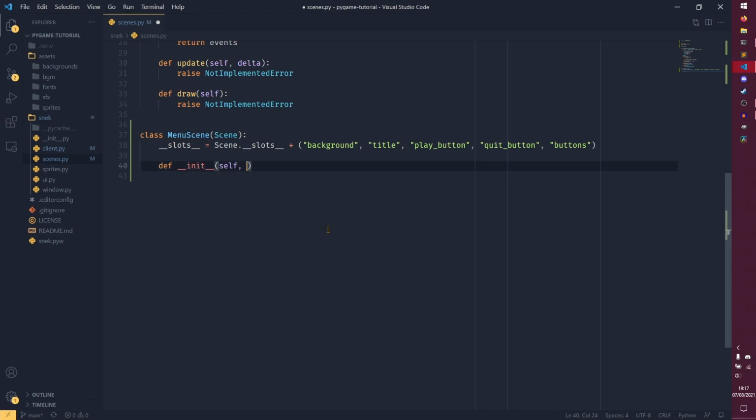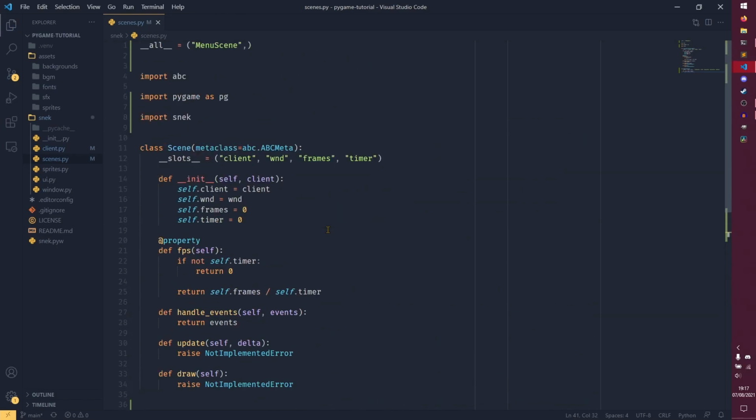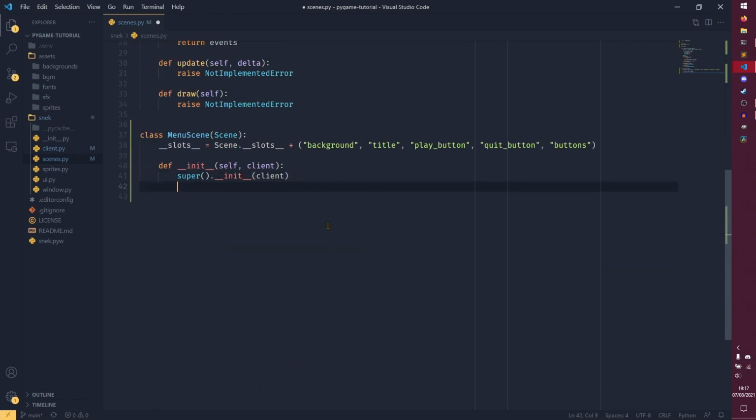So now that we've done it, we can do our self, and then we need to pass the client, or rather the init function. We're not just doing the self. And then we need to initialize the scene with the client, so this will do everything up here, initialize all that for us. And then we want to set the background equals snek.sprite, and we are sending it as a sprite. I didn't really see a need to create a separate background class for backgrounds, so we're just setting it as a sprite. pg.image.load,